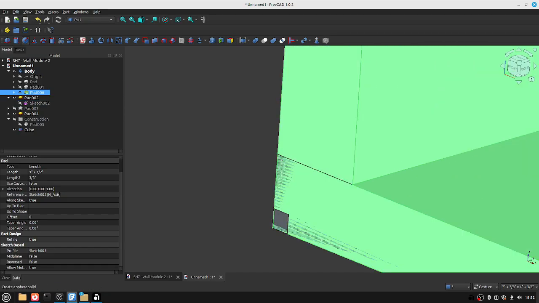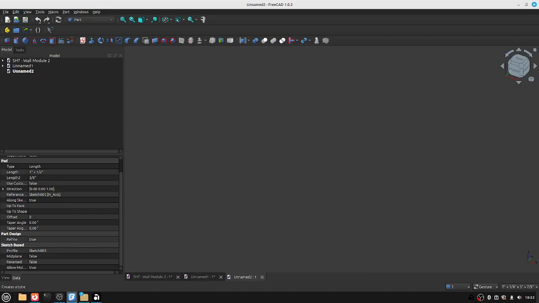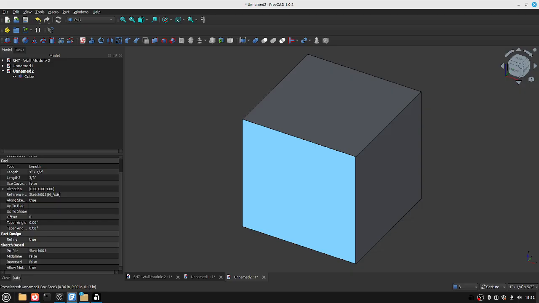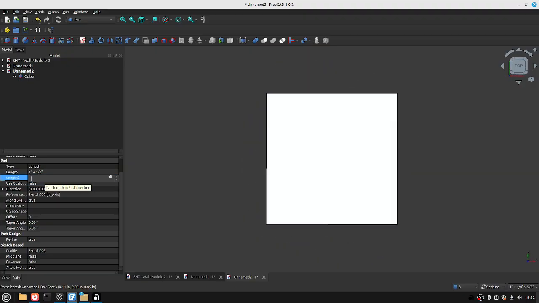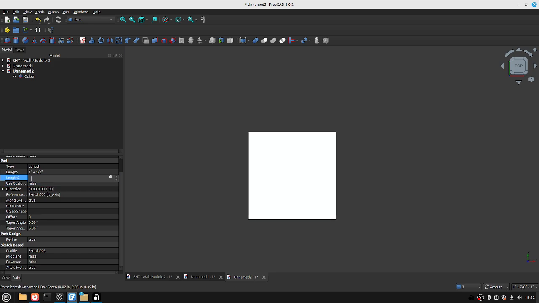Well, let's start a new document. So in Part workbench, you can just do a little cube and now modify its properties. The cool thing about this is that you actually can work completely from the data view. So here you can just change the properties in here, as opposed to